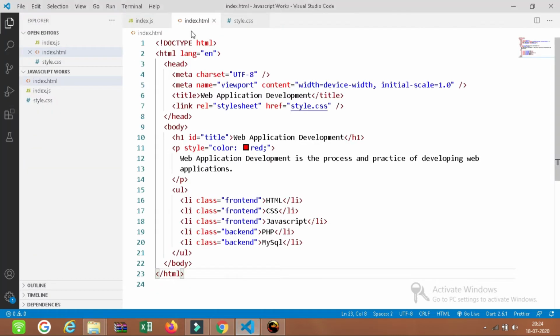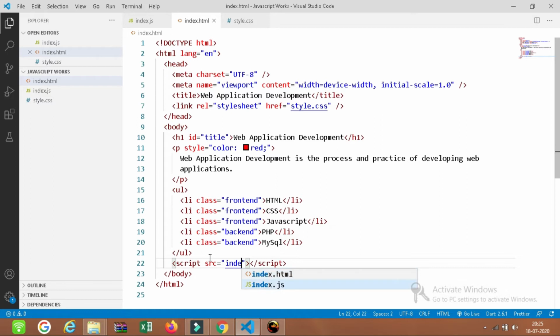For that, I have included the JS file here. I will add the script tag here: script src equal to index.js.